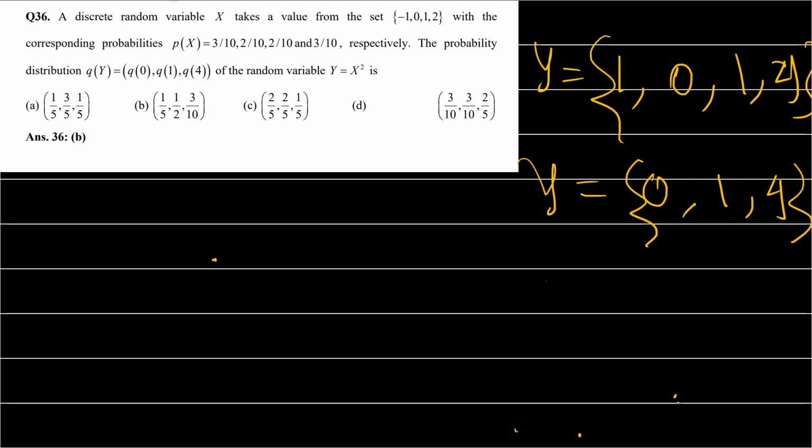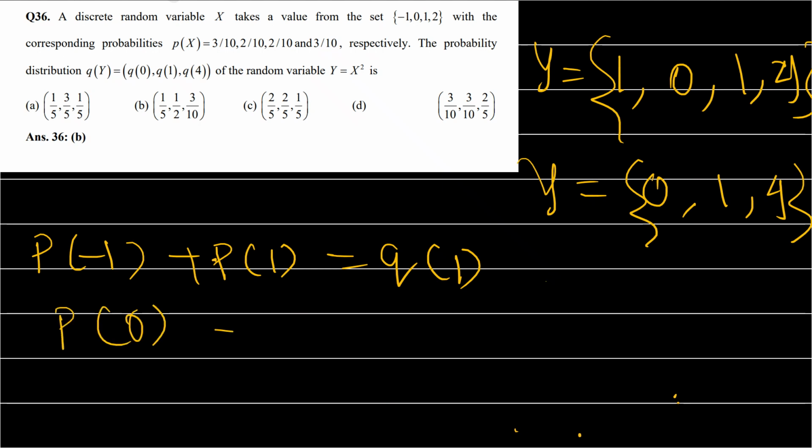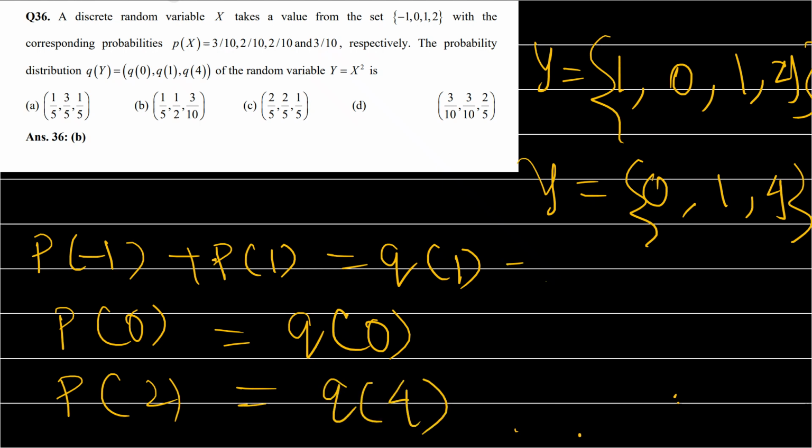Now the probability of getting 0 or 1 or 4 depends on the probability of getting these x values. Like the probability of getting -1 plus the probability of getting +1 is equal to the probability of getting 1 in the set of q value. Similarly, the probability of getting 0 is equal to the probability of getting 0 in the y set. Similarly, the probability of getting 2 in the x set is equal to the probability of getting 4 in the y set. So q of 1 will be what? 3 by 10 plus 2 by 10 is equal to 5 by 10, which is nothing but